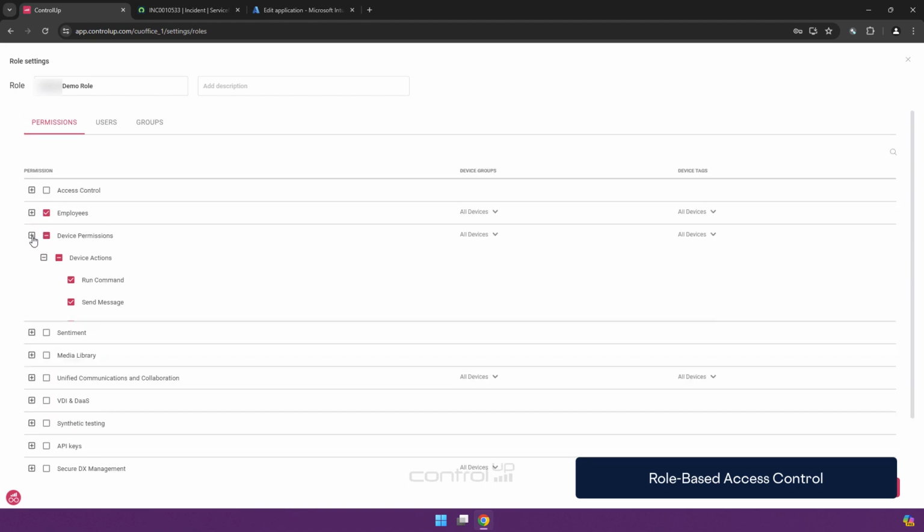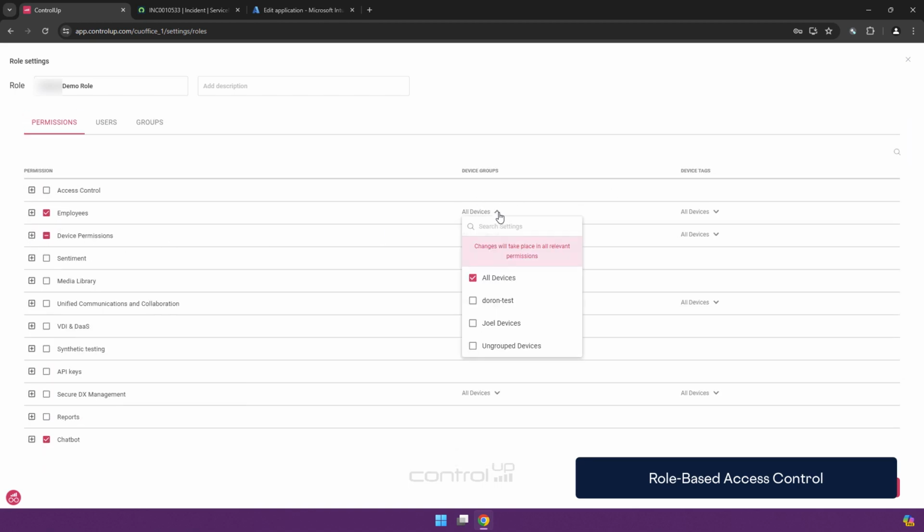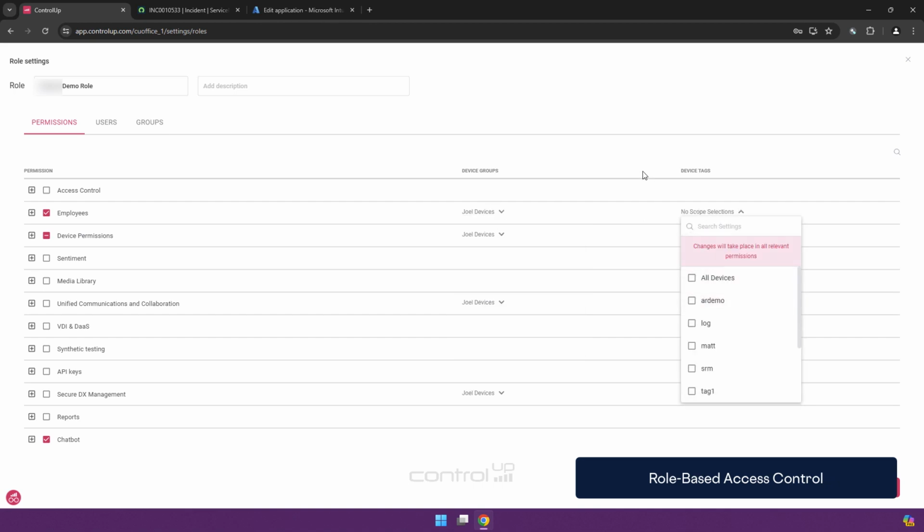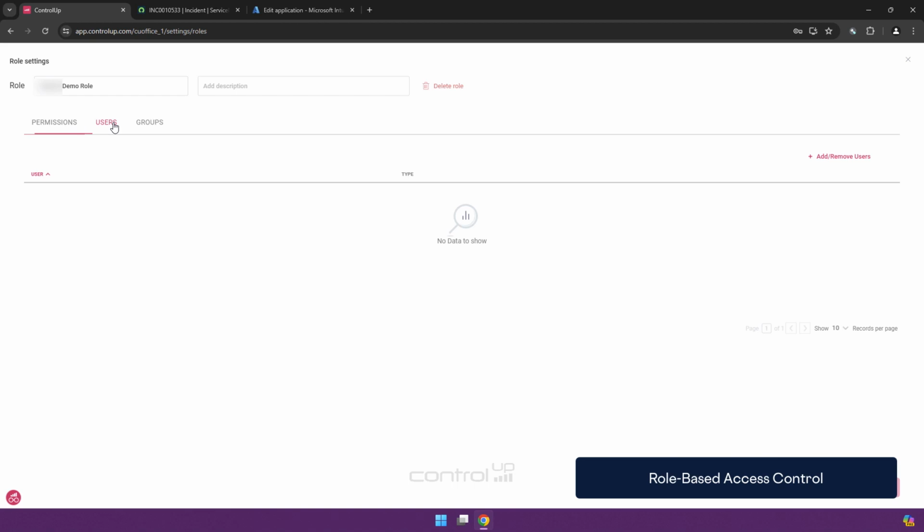In addition to the permissions, I can also restrict which devices this role has access to, or use tags. So in this case, this role will also only have access to employees, device permissions, and the chatbot for the device group Joel devices. I can assign users, or user groups.